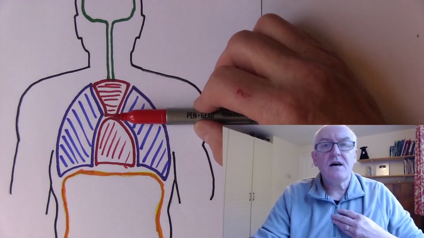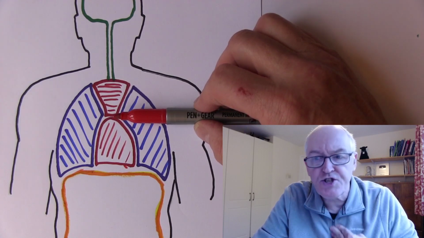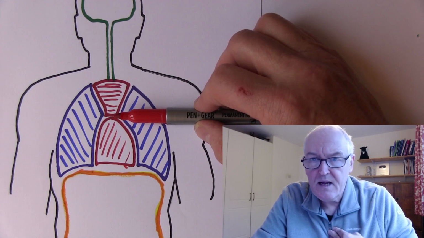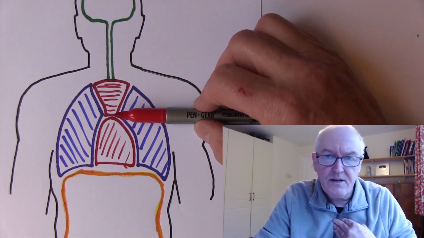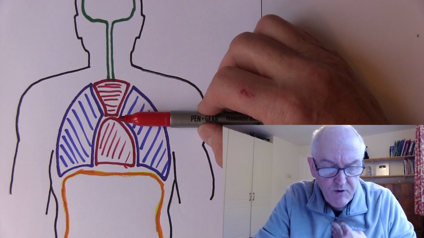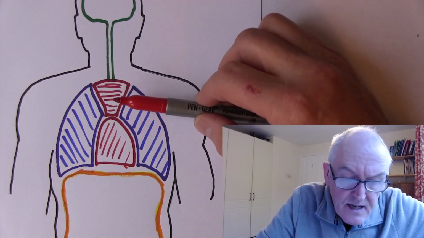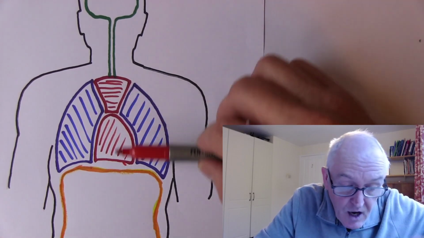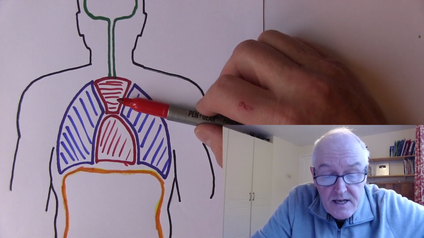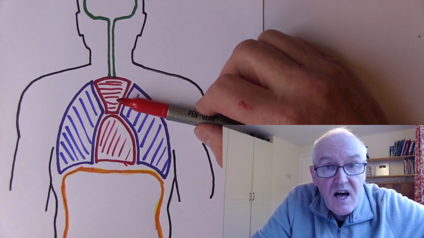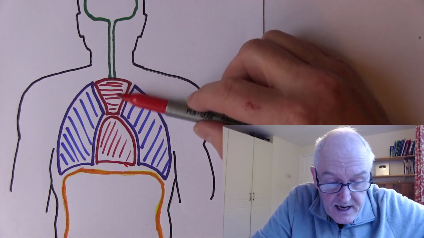And the superior part of the mediastinum. Now the superior starts where, if you feel your chest there, there's a sternal notch in the sternum. That is the sternal notch. And if you go back from there, you come to the junction between the fourth and the fifth thoracic vertebrae. Anything above that is the superior mediastinum. Anything below that is the inferior mediastinum. Now the superior mediastinum contains largely the large blood vessels like the aorta and the superior vena cava.